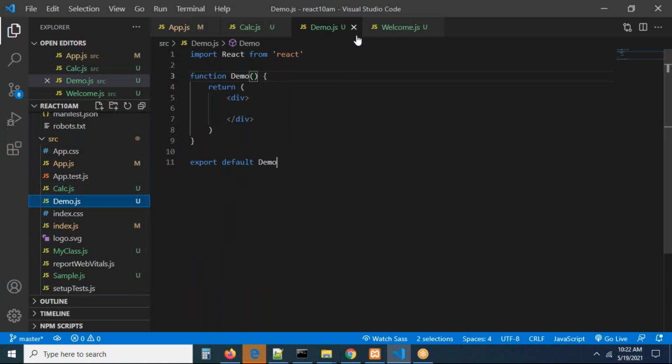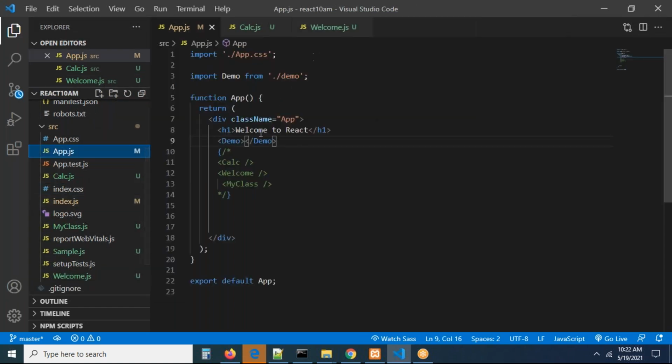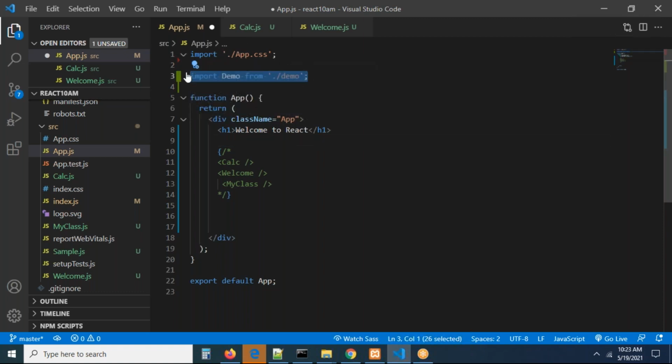What is the problem? Okay, let me do one thing, guys. Let me delete the file. I'm deleting the file. Let us press the delete button. The file gets deleted. I don't have anything to import here. Let me create a file one more time. I'm going to create the SRC file.